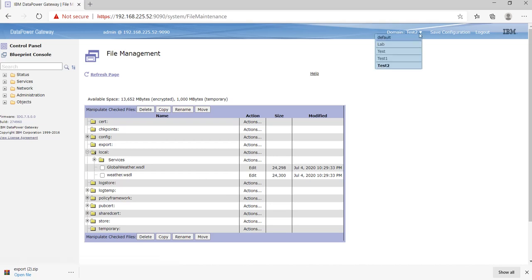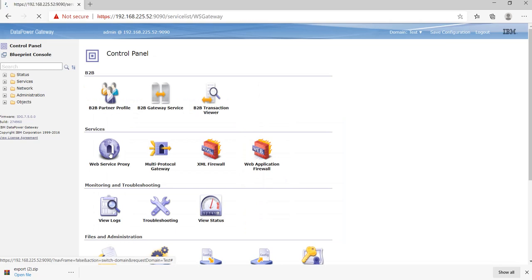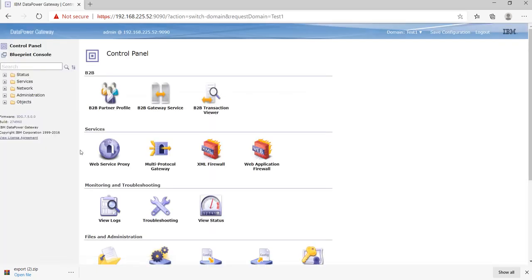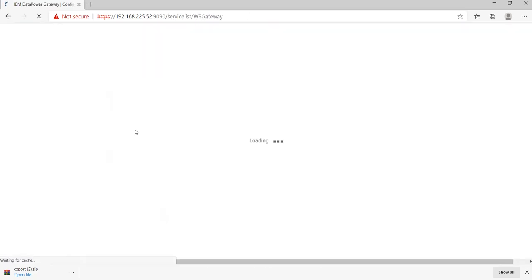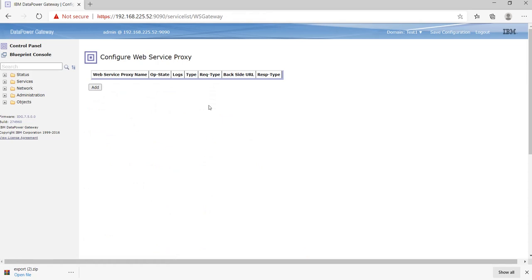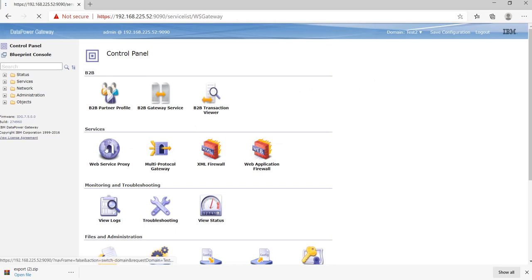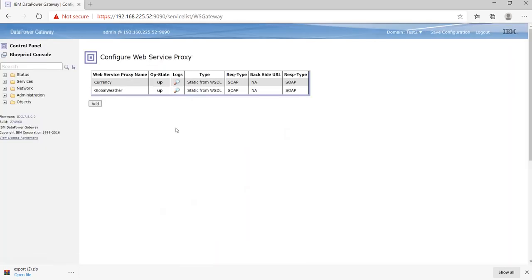In the test1 domain we don't have any object. So what we'll do, I'll export an object from test2 and we'll import that object into our test1.